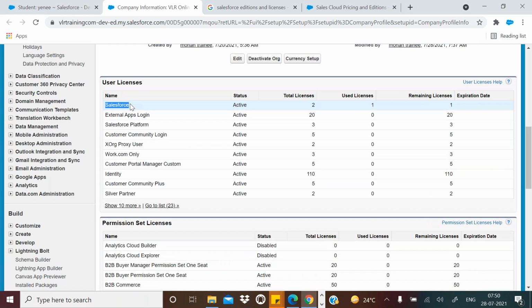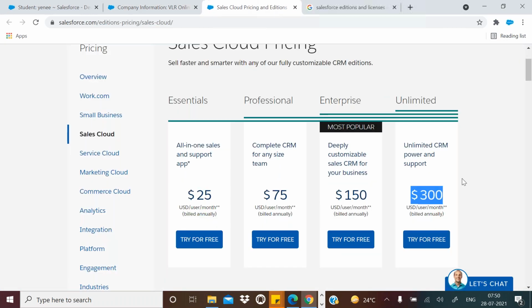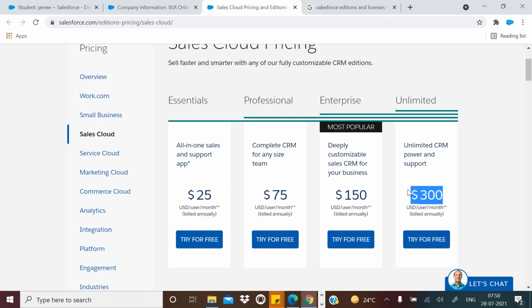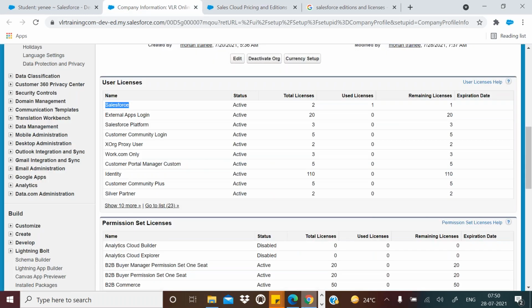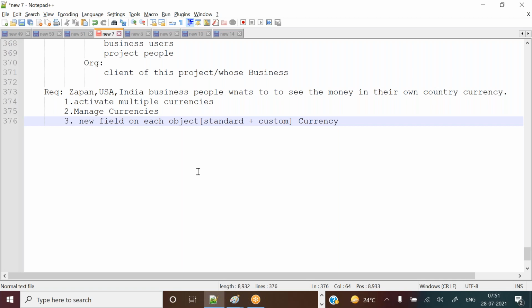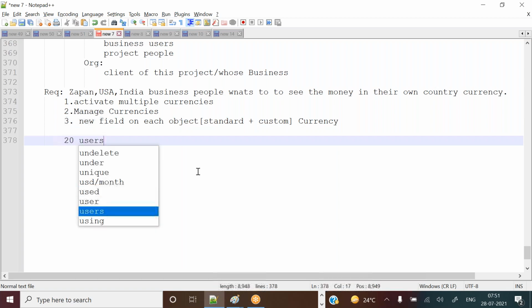For the Salesforce license, they need to pay $300. So if VLR training took the Salesforce license, they need to pay $300 per user per month. Now let me draw a picture. Totally 20 business users are there.